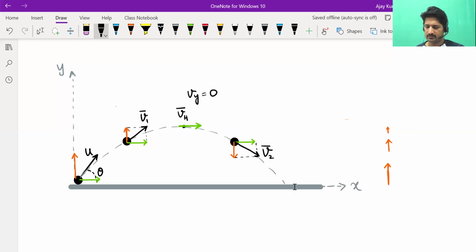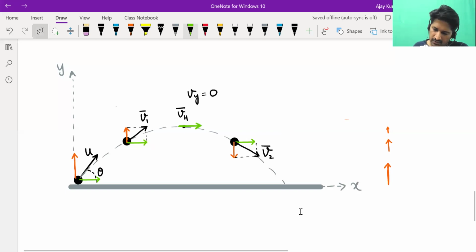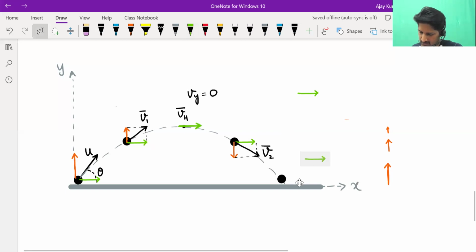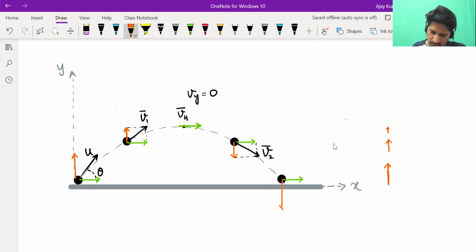Tilted downwards. Okay. And when it is just about to strike the ground, means when it returns to its launching height, again, we can paste the x component as it is. And by then it would have developed a significant y component. I mean, significant speed in the downward direction like this. So just before striking the ground, it would have been moving at an angle somewhat like this.